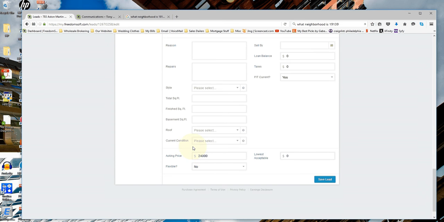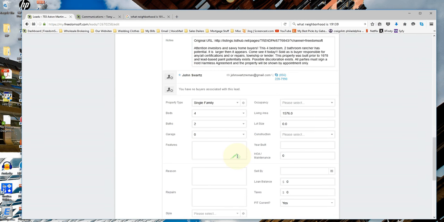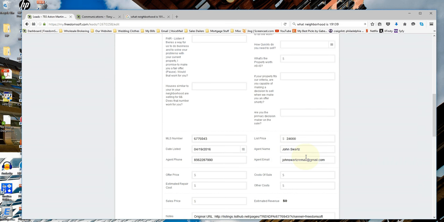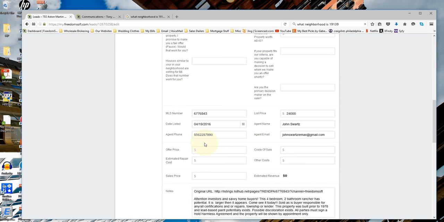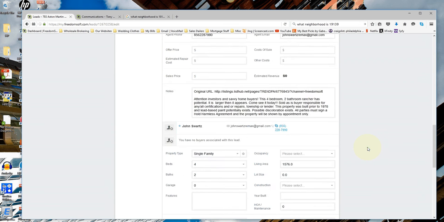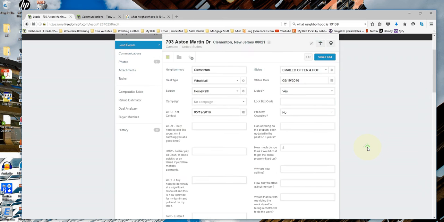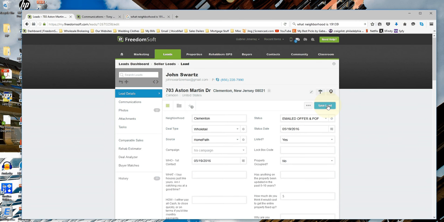You'll see again the asking price here. The asking price again right here, right above the realtor's information. Now, as you go through this, your goal is to fill out this section. This whole section right here is blank. Your goal is going to be to fill this out. Only 3 sections of this. The offer price will be filled out, the sales price, and cost of sale. That's it. Okay. I'm going to go up here and press save so you don't lose any information. Okay. Now,